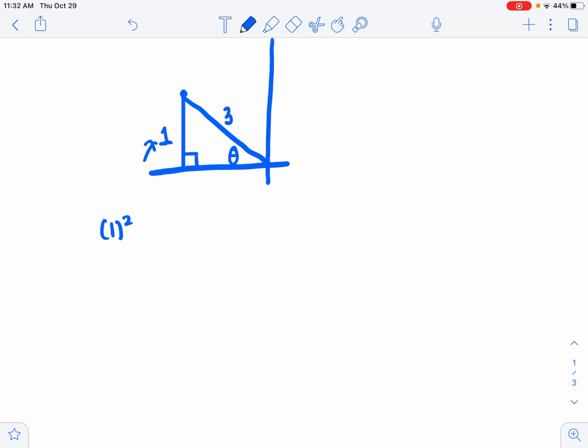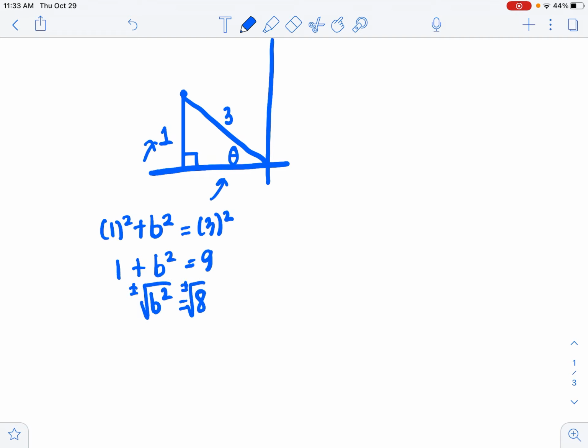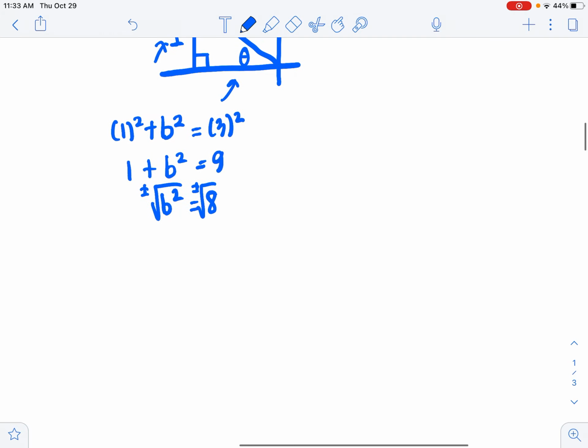So I'm going to do a squared, which I'll use 1 for a squared, this one right here, plus b squared, which is this right here, and I don't know it, so I'll put plus b squared, or you can call it x squared, that's fine, equals c squared, 3 squared. 1 plus b squared equals 9. Subtract 1, b squared is 8. Square root to solve. Remember, whenever you square root to solve, you're doing plus or minus, but since this is